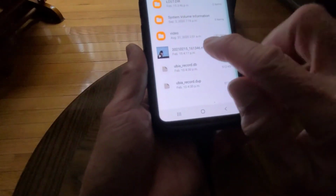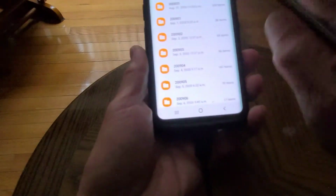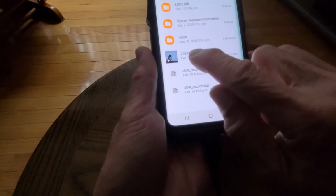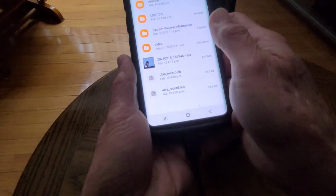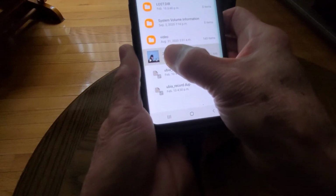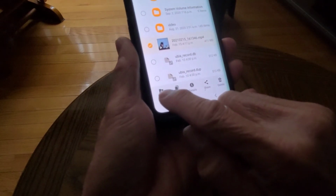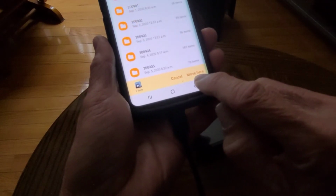Let's say, ito yung makakuha ko ng video sa GoPro. Marami. So, let's say this one. I want to connect your cell phone. At na-transfer ko dito sa cellphone na nandito ngayon sa micro SD. All you just hold, move, and then back,